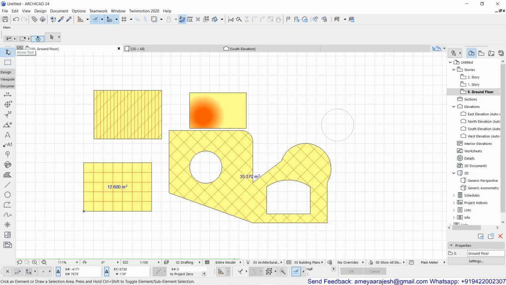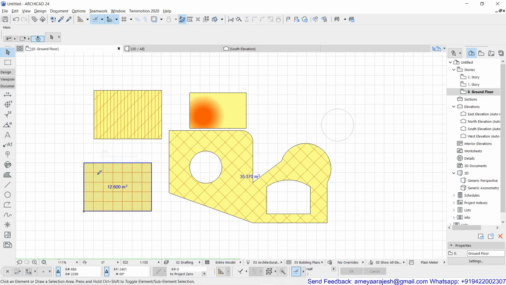How to do that? Make sure I'm still there. Now I'm there with the arrow tool. Nothing is selected. I'm going to use this tool known as Pick Parameters, which is Alt C. If you check, it is written Alt C in the hotkey. Either you do that, or even if you just hold the Alt key, the pick parameter icon comes. So this picker tool appears in front of you.